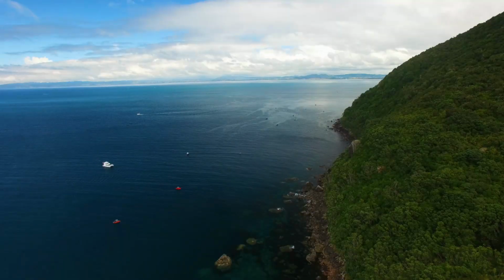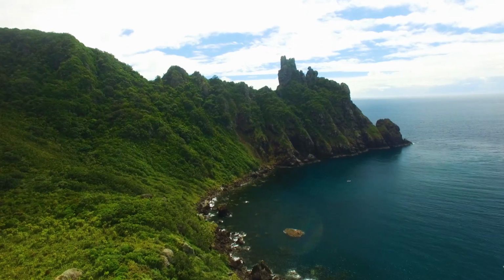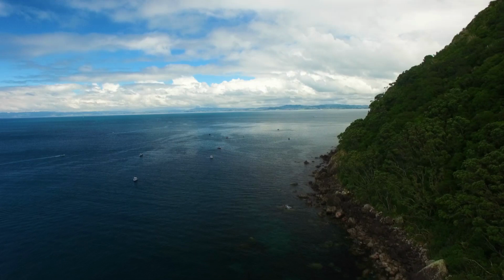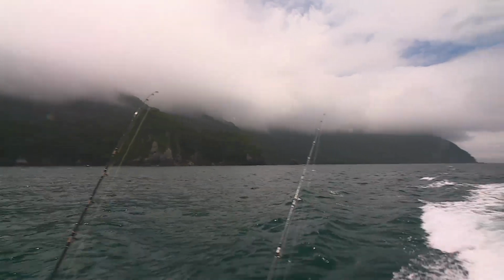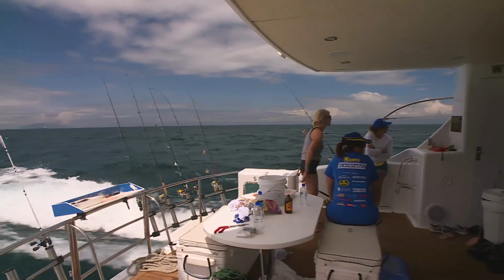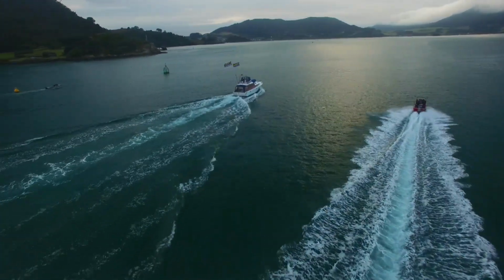As you can see, there's boats all along the cliff faces here. It's a beautiful backdrop. New Zealand's an amazing place for scenery. And usually the fishing's pretty red hot when we come out here. But today, tough day at the office. So when the cloud comes in low over the headlands, it's an easy and unanimous decision to pull stumps and join the rest of the boats heading back to the Whangarei Harbour,